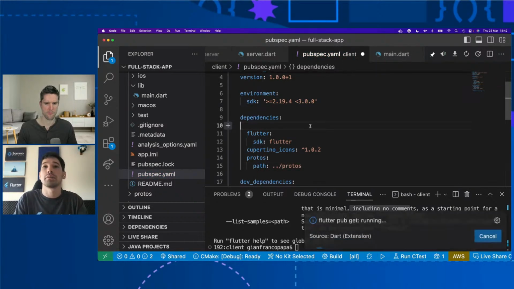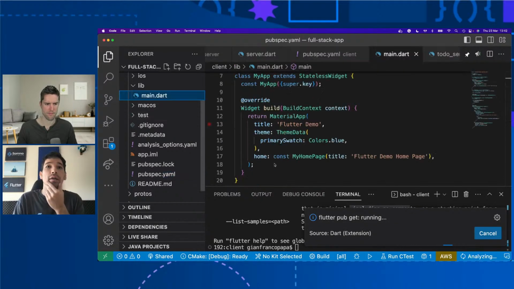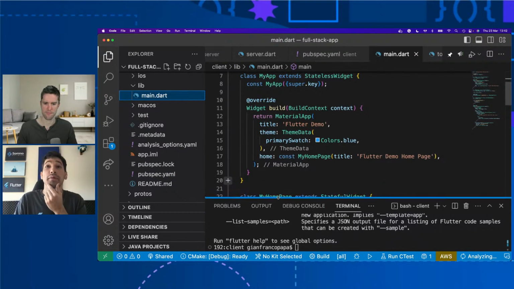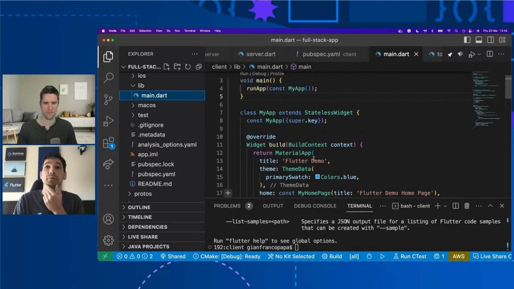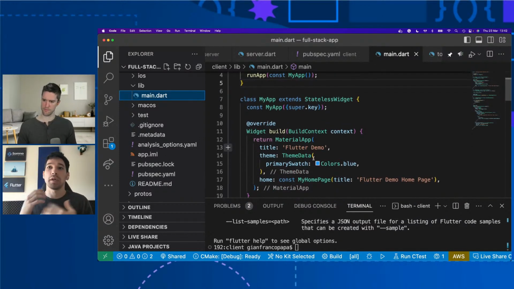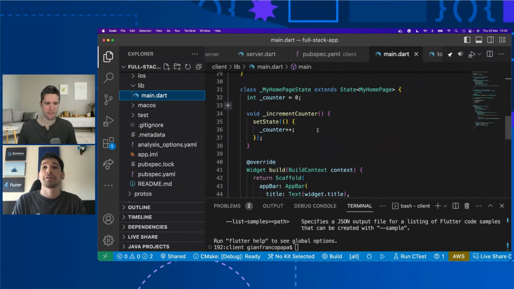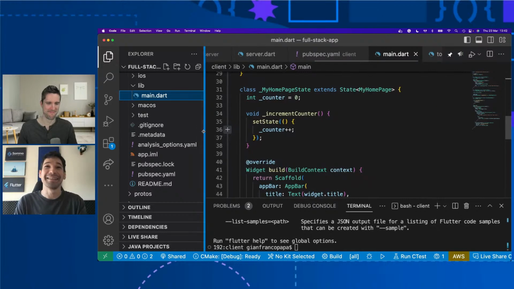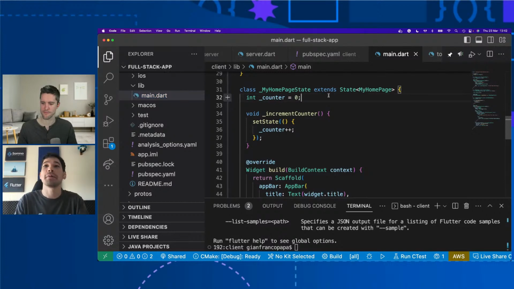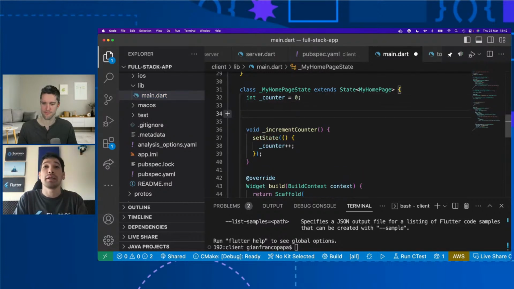Perfect. So we can have access to everything. And just for speeding up the example, we are not going to use any kind of state management or repository pattern or something like that. Yep. I think that we can just use the stateful widget that we'll have. Use our imaginations. Yeah, and probably there are best practices to follow here, but I'm going to speed up. And we would like to have a client channel so we can start communicating with gRPC.